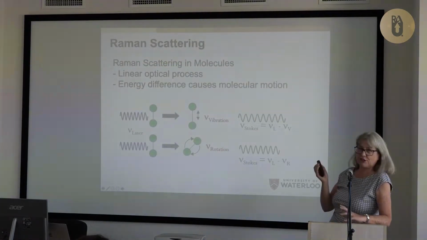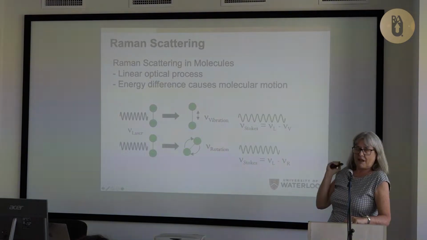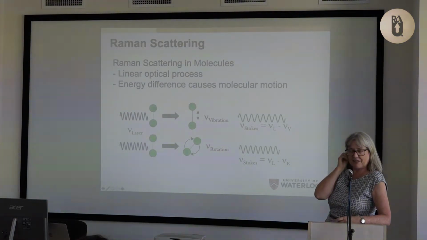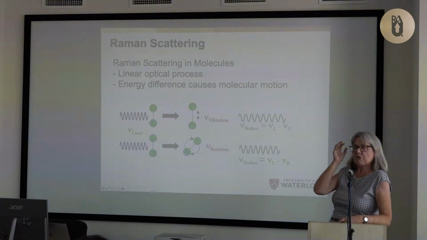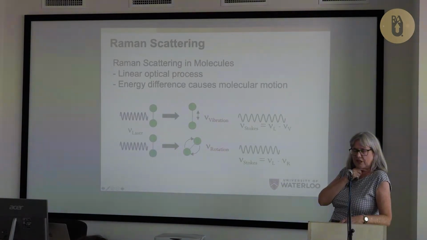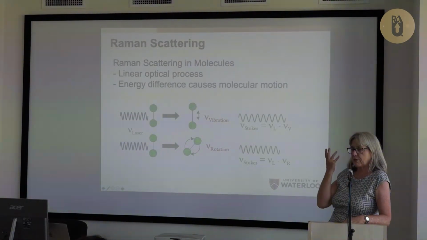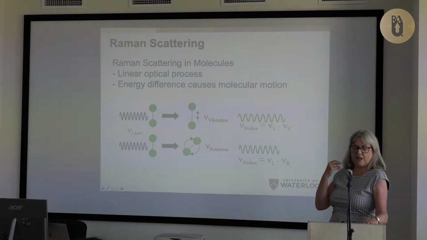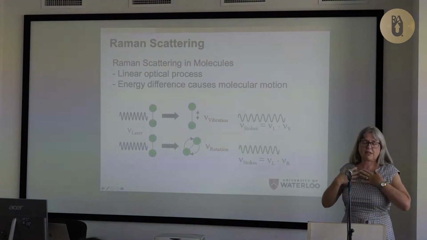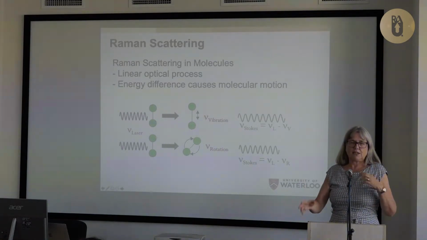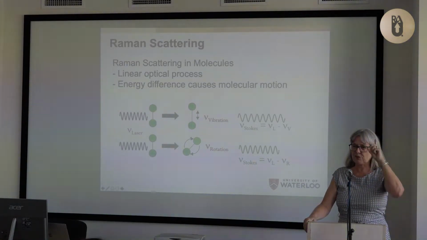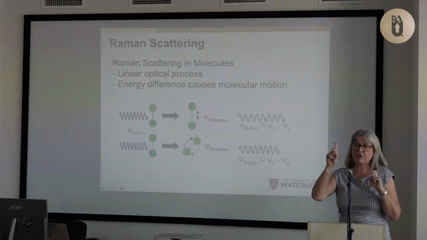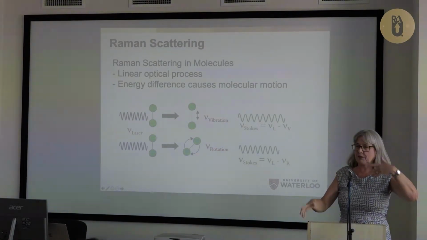Okay, so let's now do what is it? Raman himself did this back in 1928, so it does not require a laser. Although I didn't allude to it yesterday, when Maria Goeppert-Mayer in 1930 was thinking about it, Raman's work had already come out. Now this is another tricky thing for those of us in optics. Raman, to us, is a linear process, because it's one photon in, getting you one photon out. It also goes linearly with the power in.